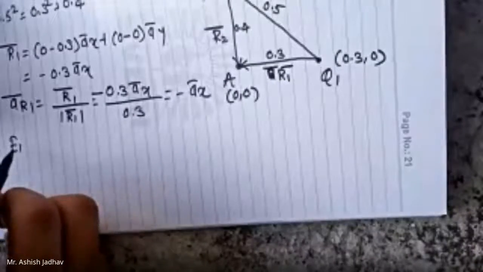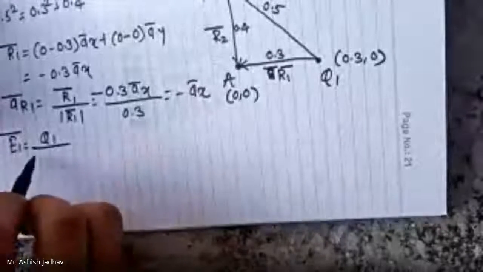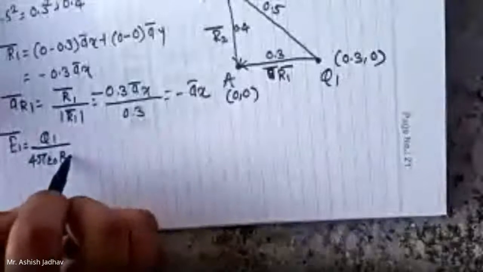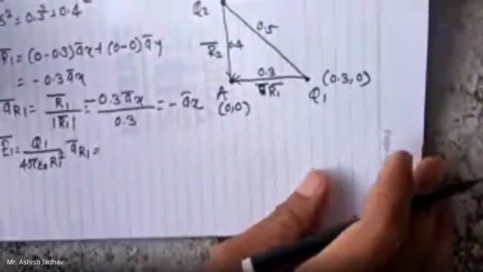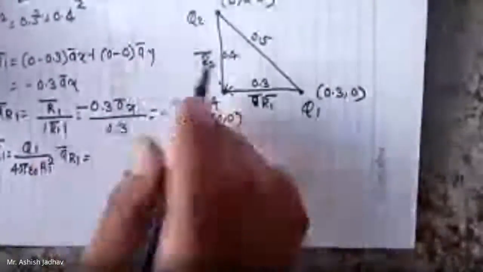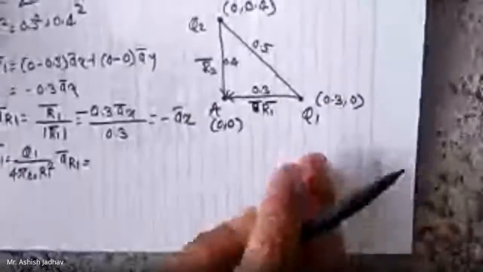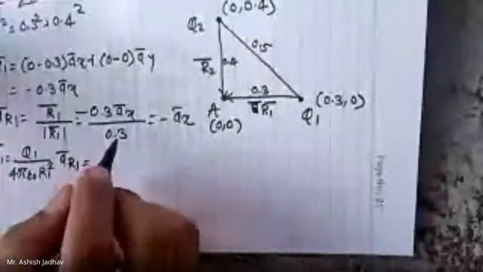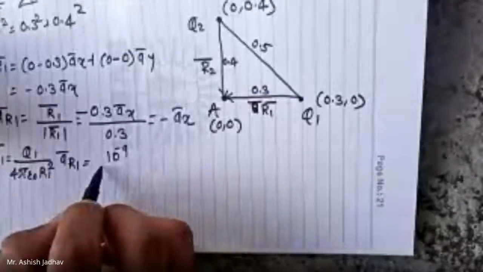Now you can find the electric field intensity. E1 bar is equal to Q1 upon 4 pi epsilon naught R1 square a bar R1. So put the values. Value of Q1, what is the value given? This is 1 into 10 raised to minus 9. So simply I can write 10 raised to minus 9 upon